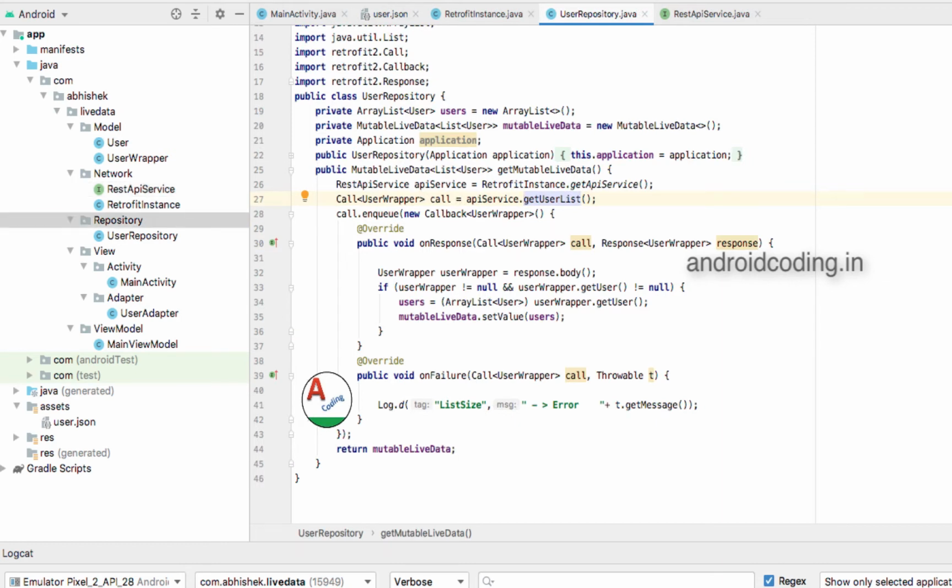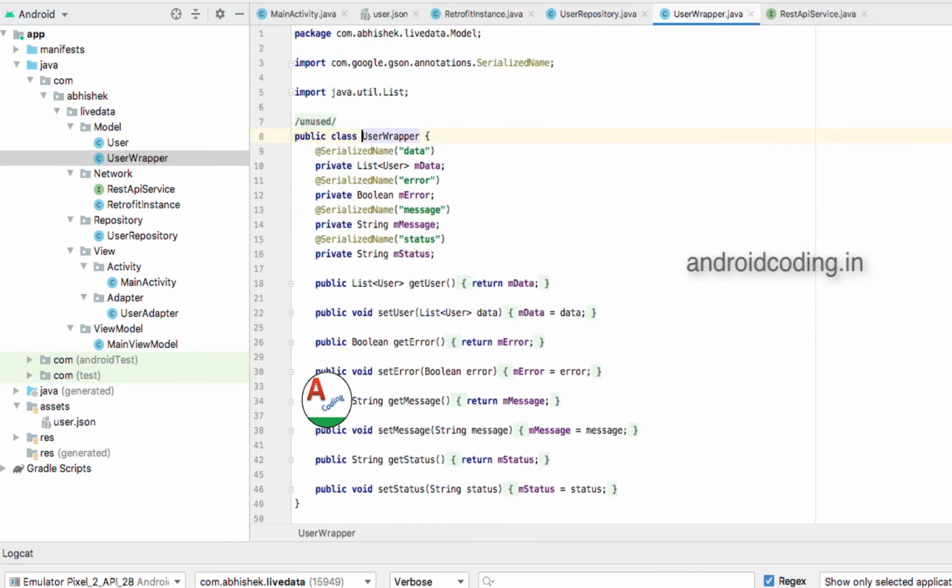So here in repository we are making a call for fetching data from API, and on response success we are storing the data into model. So here is a model class. We are storing the data into user wrapper class. So what is a user wrapper?